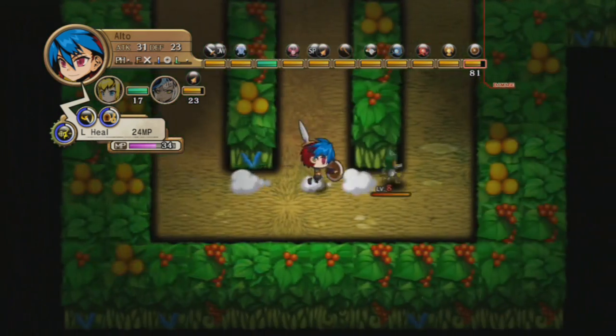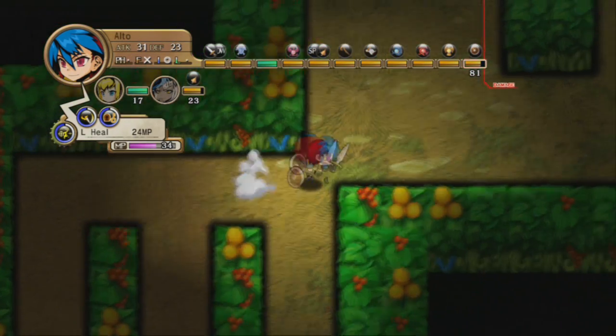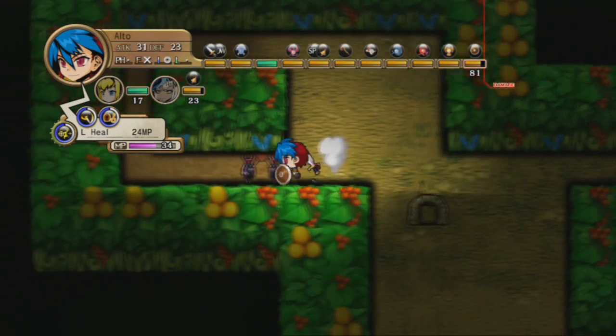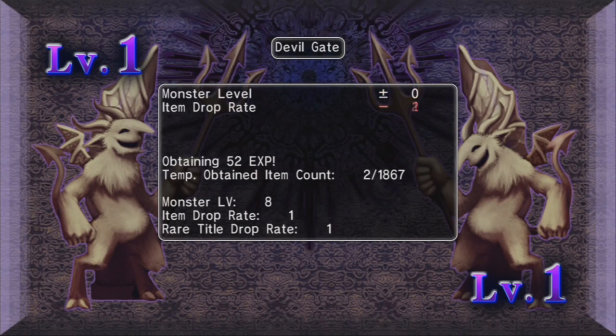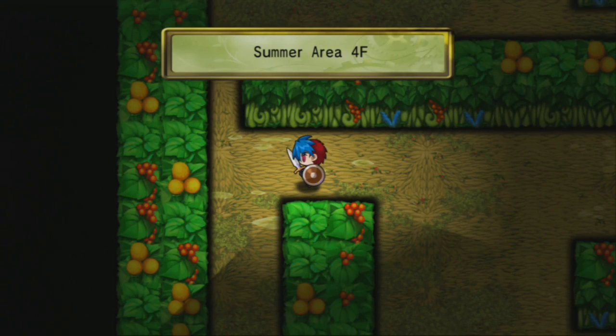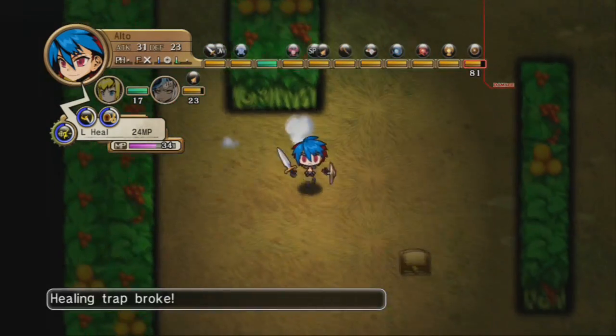There's a little bit of a fog of war. There is an item you can get called a lantern, which lights everything up again. What's this one? Is this a demon gate? Devil gate. What are you gonna do? Monster level stayed the same. Alright, I'm on 4 of what I think is gonna be...